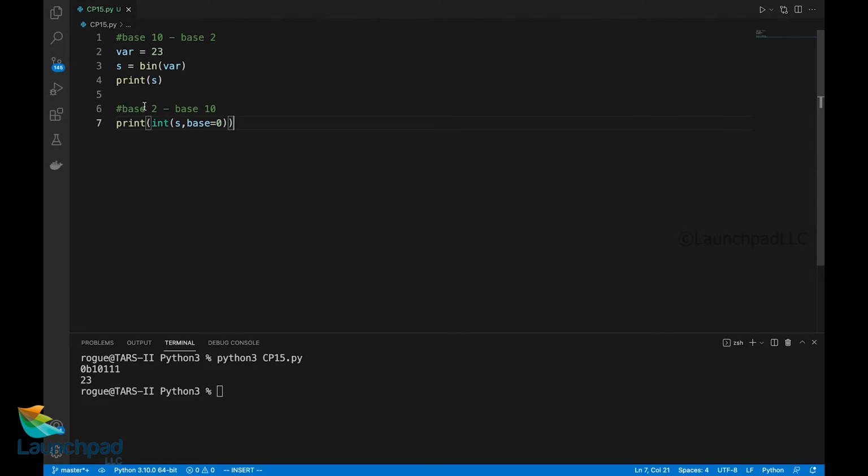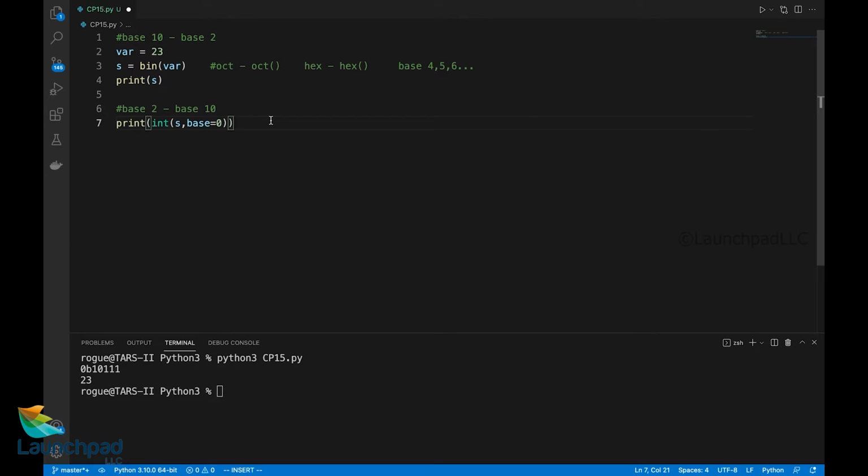Now this can be done for both octal and hexadecimal, but for octal I have the oct function, and for hexadecimal I can use the hex function. But for other bases like base 4, base 5, base 6, I don't have any other functions to create it.